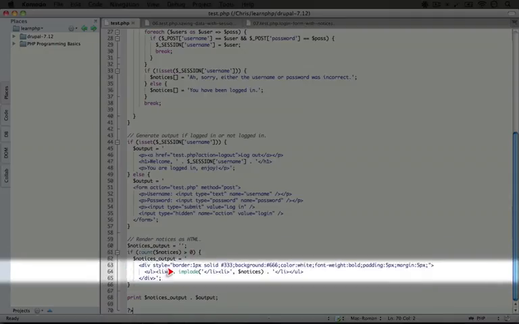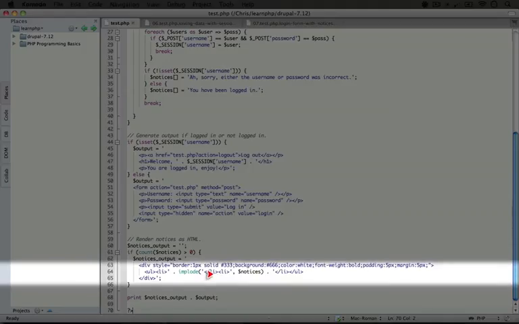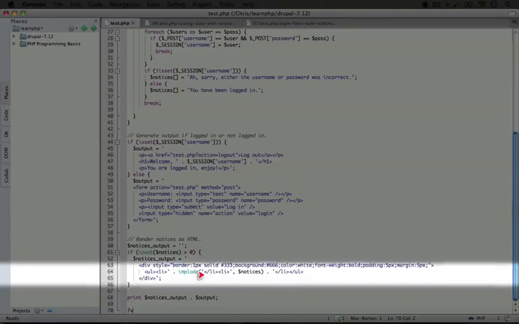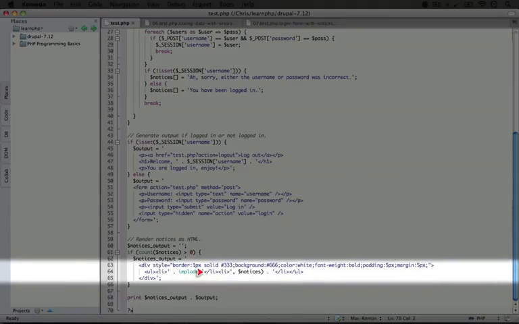So what we're going to do here is take a function called implode, which will take an array and glue it together with a particular bit of text. In this case, it's going to be an ending list item tag followed by an opening list item tag. And the idea here is that if we had 2 notices, for example, this would show up in the middle, and then we can add an opening list item tag and a closing list item tag around both sides in order to complete the unordered list here. When we run implode on just a single item, it won't need to use this to glue anything together, but it will still return that one item as a string.